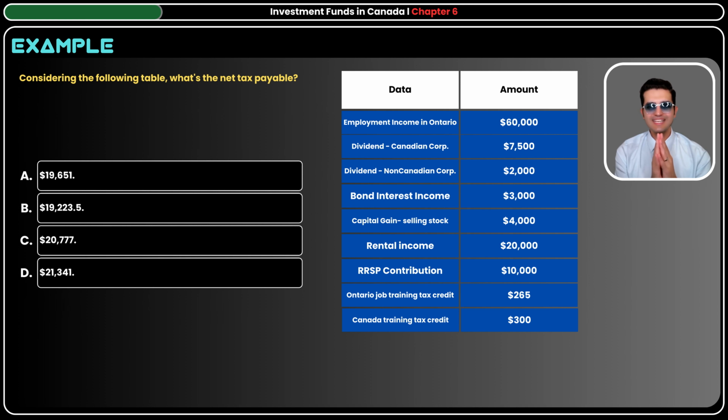Considering the following table, what's the net tax payable? I don't know why I read it like that, but net tax payable, not gross tax. We do have some information in the table: employment income, dividend from a Canadian corporation, dividend from a non-Canadian corporation. Try to calculate it first. You know those 4 steps now. Using those 4 steps, try to calculate this